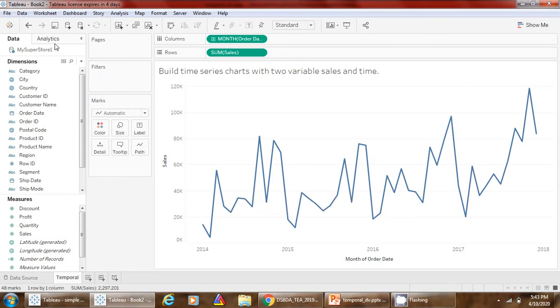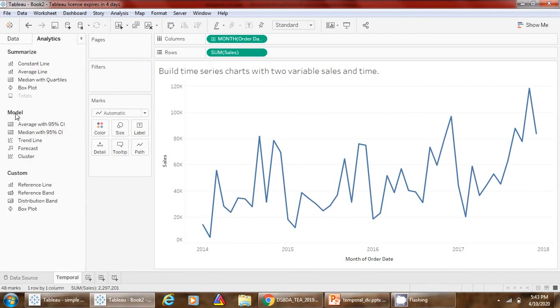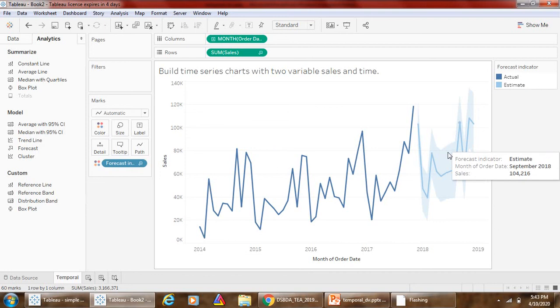For that you need to click on this analytics, then from under model select forecast, just drag it forecast model on view and drop it on forecast. See, this forecast is generated by Tableau.